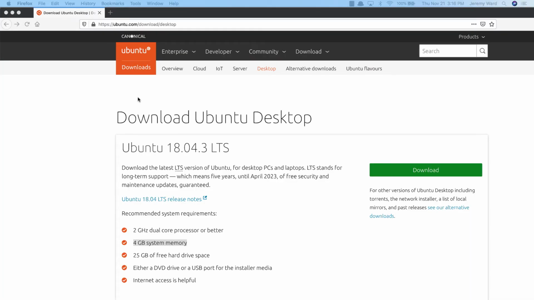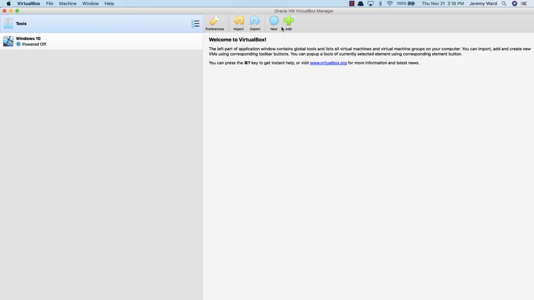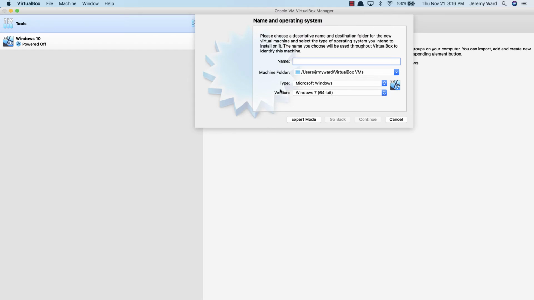With VirtualBox installed and Ubuntu downloaded, we're ready to create a new virtual machine. Open VirtualBox and click New. Here we're going to name our virtual machine. I usually like to keep this pretty simple and name it after the operating system. So in this case, I'm going to name it